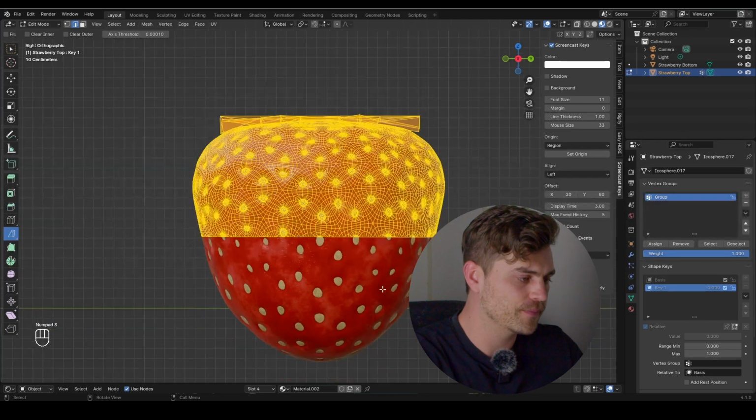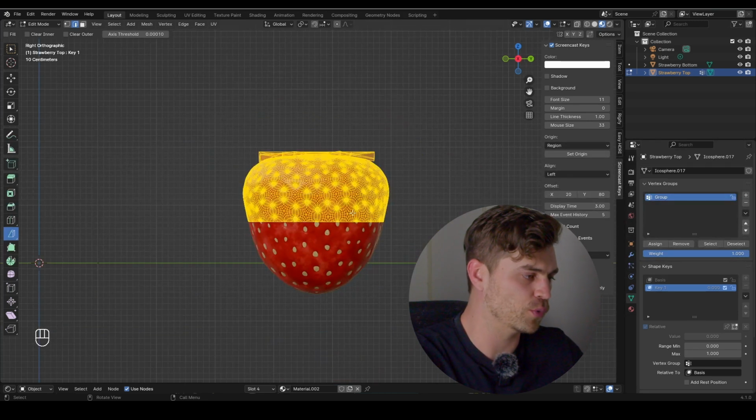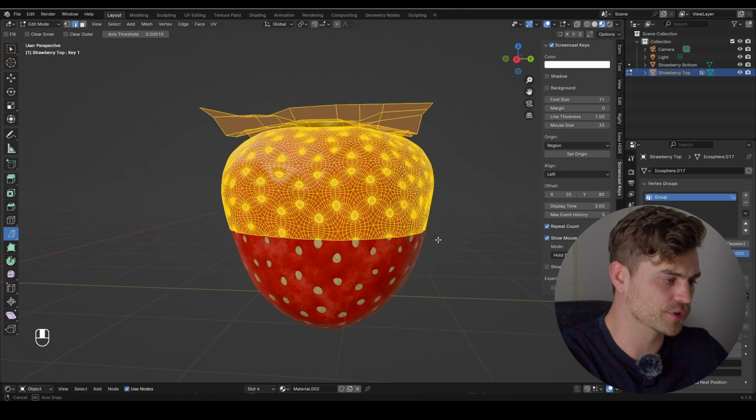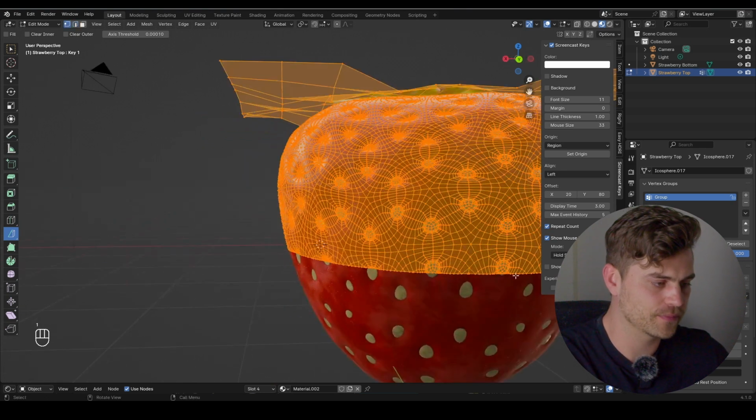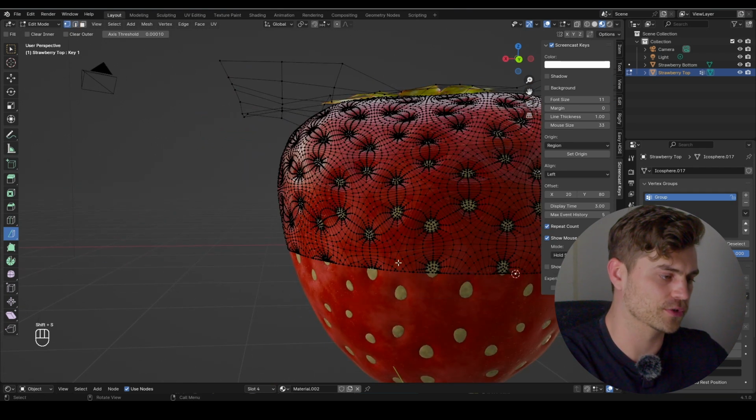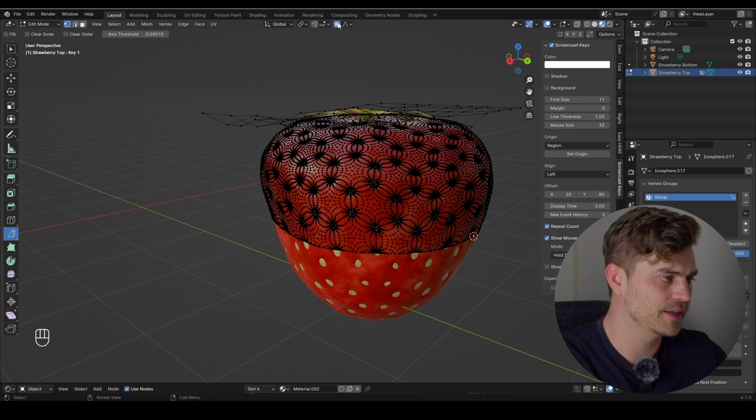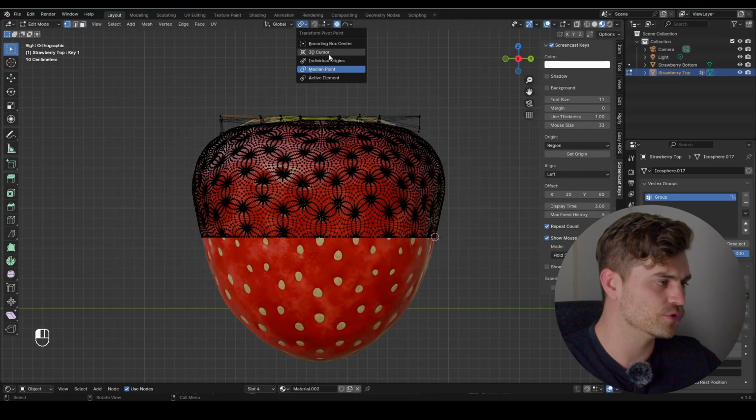I'm going to press on 3, and I want the slice to be happening on the Y axis. So I'm going to place my 3D cursor right over there. So I'm going to click on 1, select the dot right over here, Shift S, cursor to selected. Now turn on proportional editing. I'm going to set it to sphere, and I will press on 3, set the pivot point to 3D cursor,